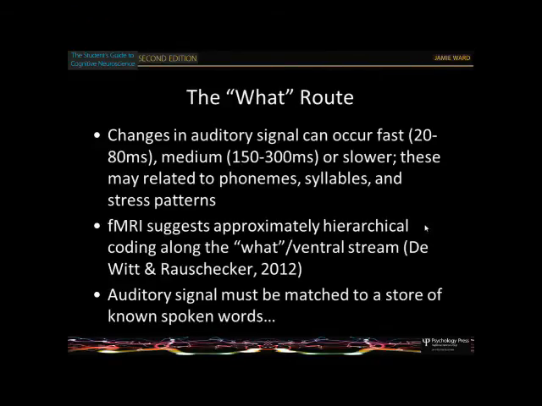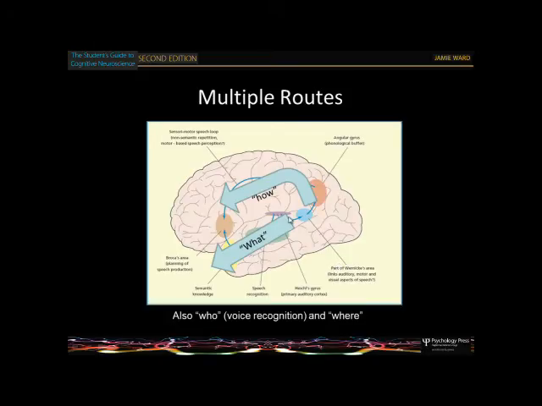So the idea is you've got this hierarchy, and that this hierarchy effectively starts in the primary auditory cortex and kind of goes along there. So functional imaging studies suggest that phonemes to syllables, kind of words, you go down along this route with different regions becoming more specialised, the larger the unit of speech that you're processing or attending to.